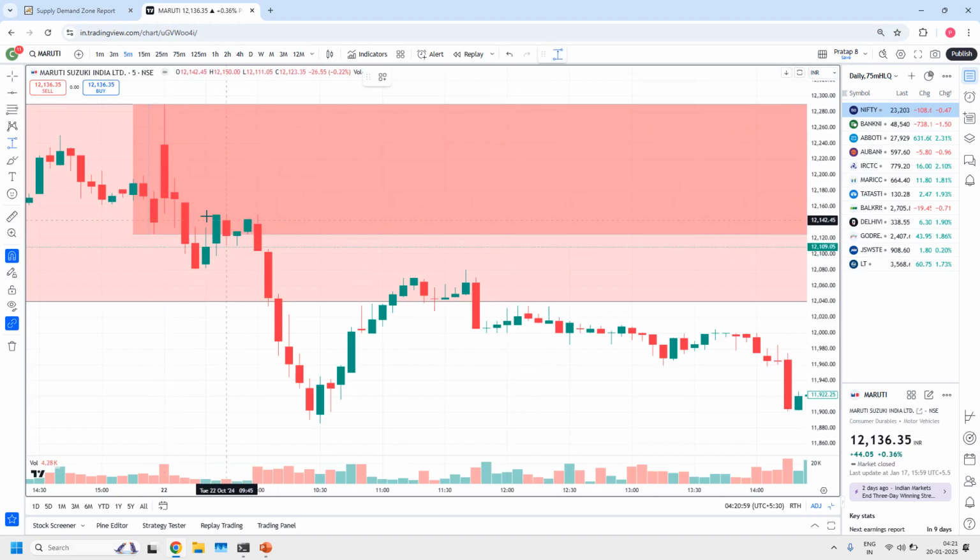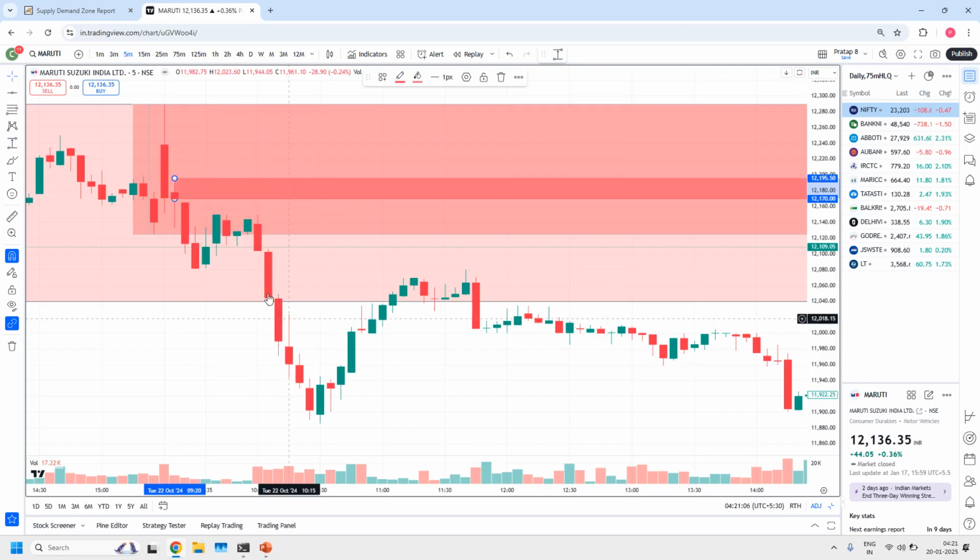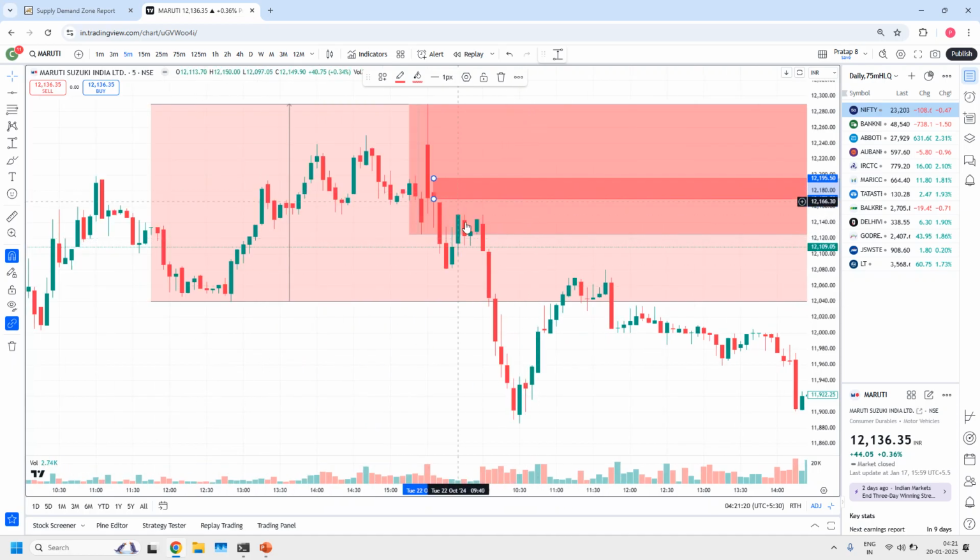Very good, excellent. But is it valid or is it violated or is it tested? Let us check. We have a drop, base drop is there with a small hidden body pro gap. Probably that is the reason why prices came and sharply came down. That indicates a strong order flow here. This is the area. Prices did not go up to the zone. Before itself they turned down and